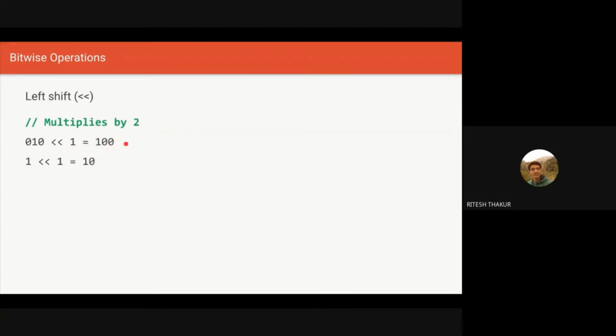And similarly, if I do 1 left shift 1, then I can add a 0 here, so it becomes 1 0. So if you see this, this value was 1. When we left shifted it, the value became 2 in binary. This is not 10 in decimal, this is 2 in binary. So the value increased by 2. So left shifting multiplies the original value by 2, because we are shifting the powers of 2 to the left in a way. So this is left shifting.